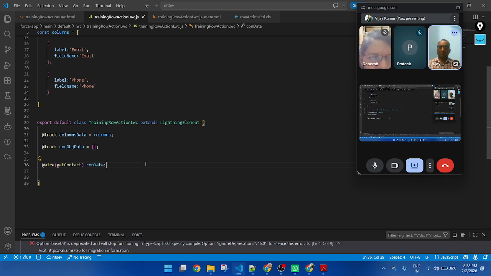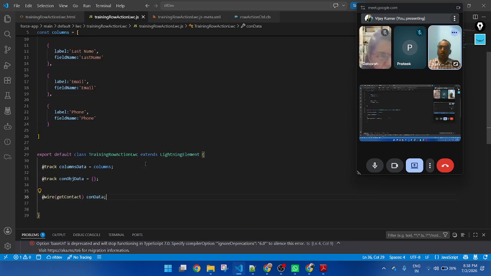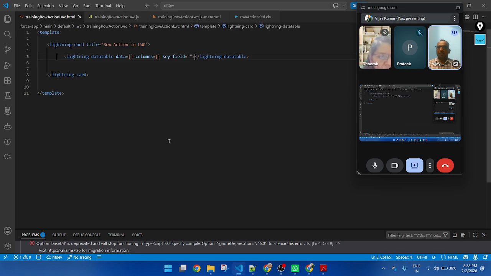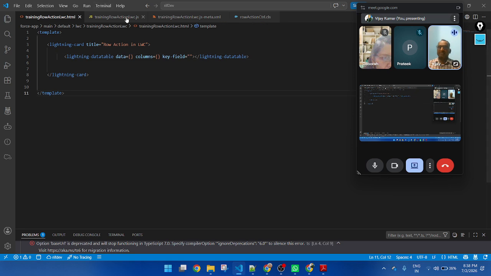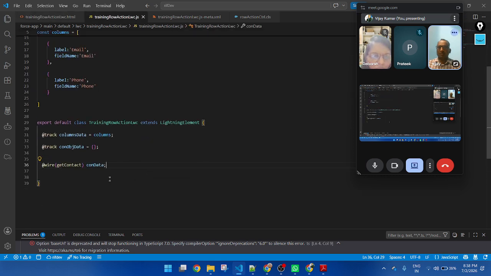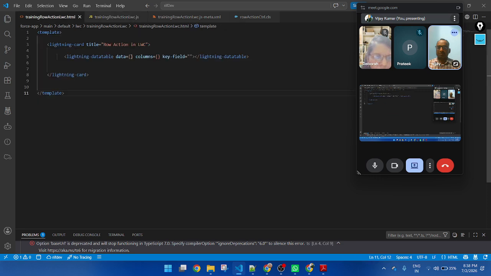Now save. Now go to the HTML, and this is a Lightning data table. In the Lightning data table, there are two attributes, data and columns. In the data, we pass this adapter, con data, dot data.